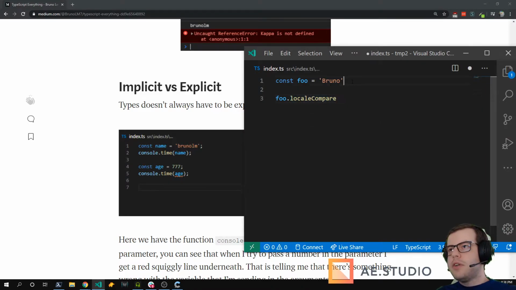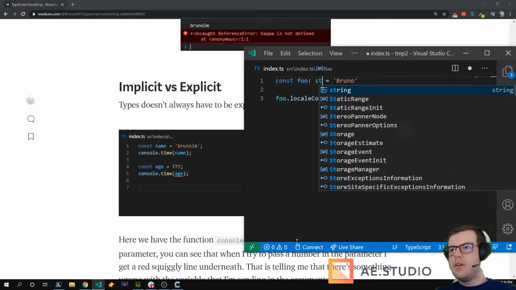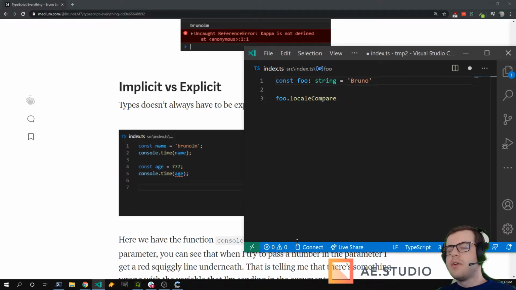That's because it understands that the left side of this operation is receiving a string. That's implicit. To make it explicit, I can say that the type is a string.